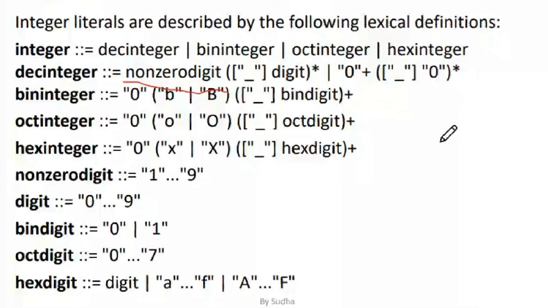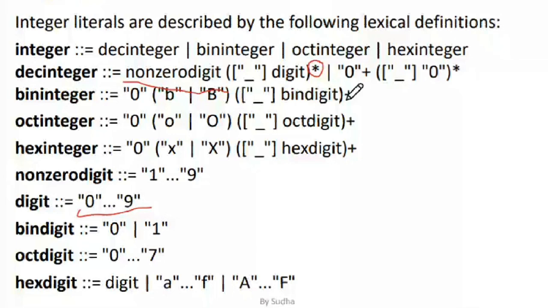So a non-zero digit followed by an underscore, and you can have underscore and any of the digits. A digit is a number from 0 to 9. So you can have any number of underscores and any number of digits. That is what the star is mentioning over here. Star means any number of underscores and any number of digits from 0 to 9 after a non-zero digit.